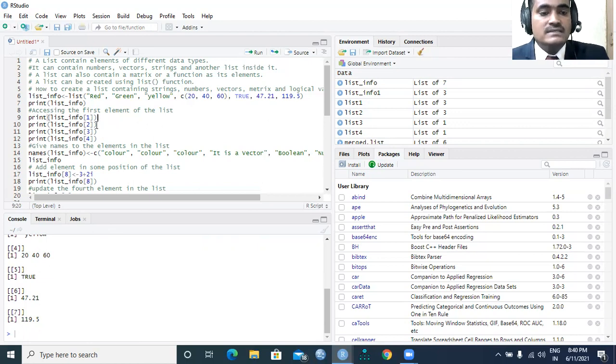Now, the second one, accessing the first element of the list. If you want to know what is the first element of the list, print list info followed by the position, the first position in the list. So obviously it is red. When I run this code, you will get the output red, because in the created list, the first element is red,